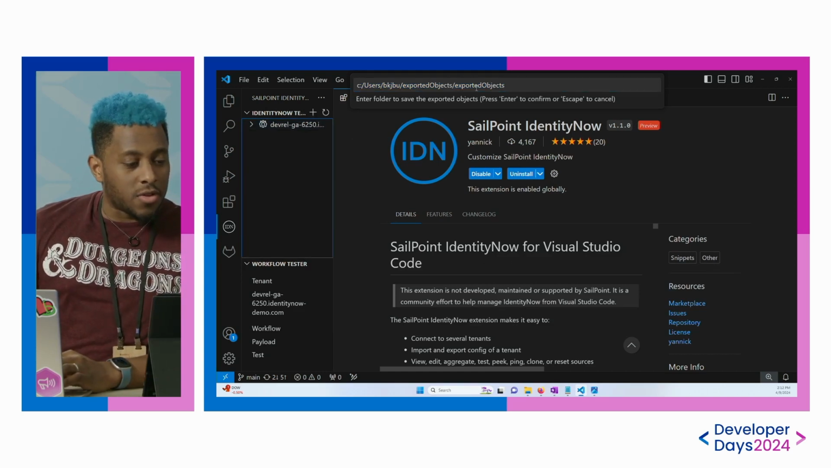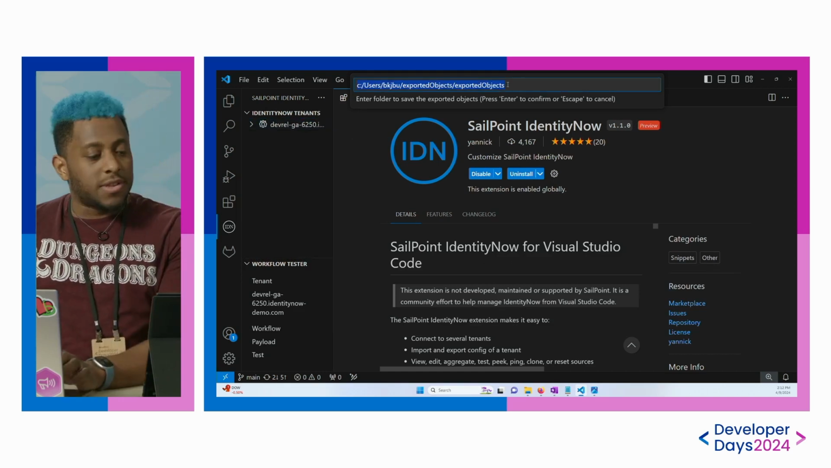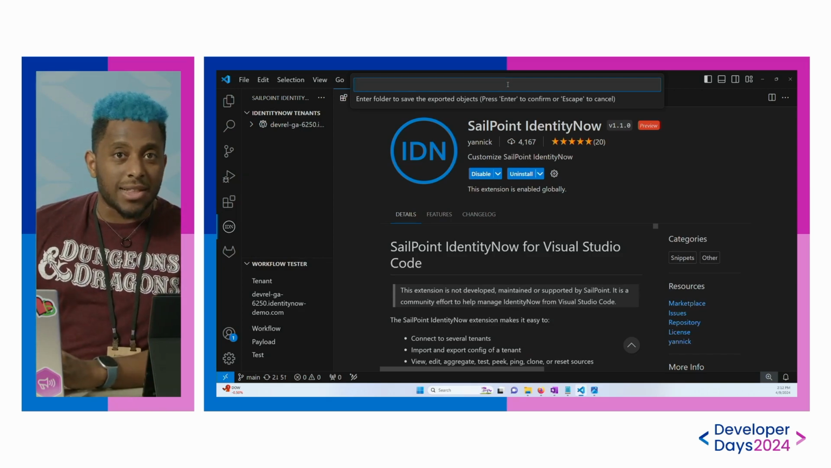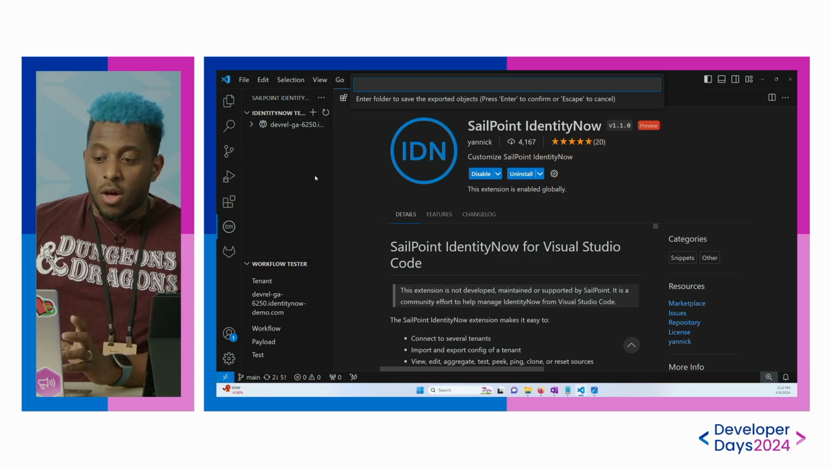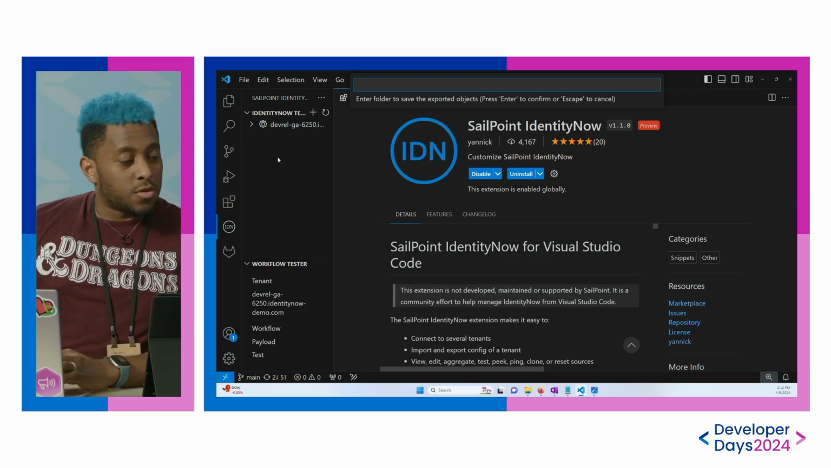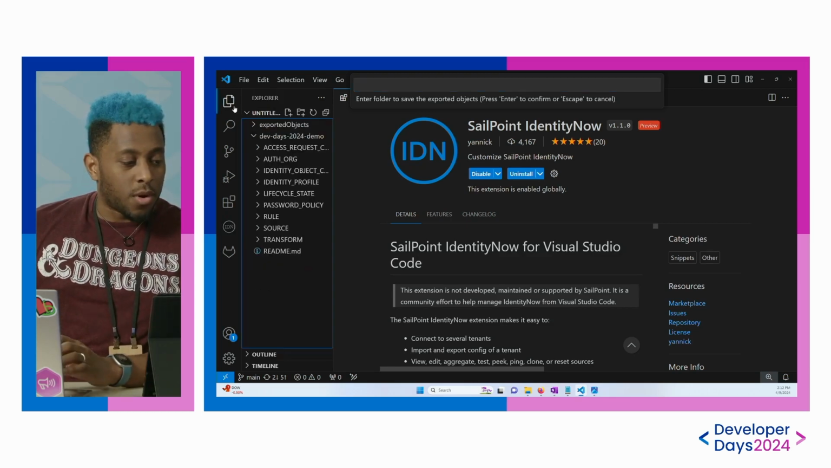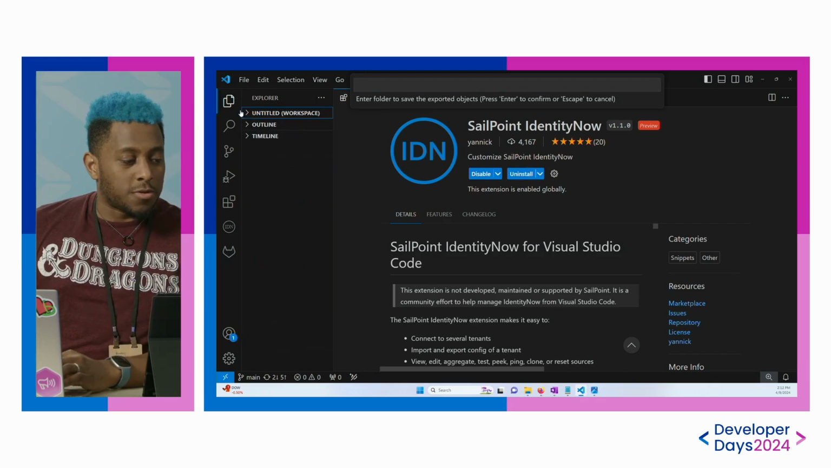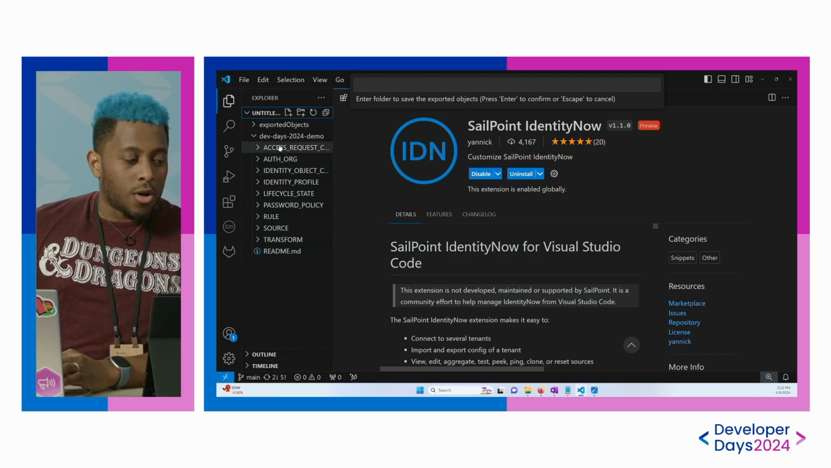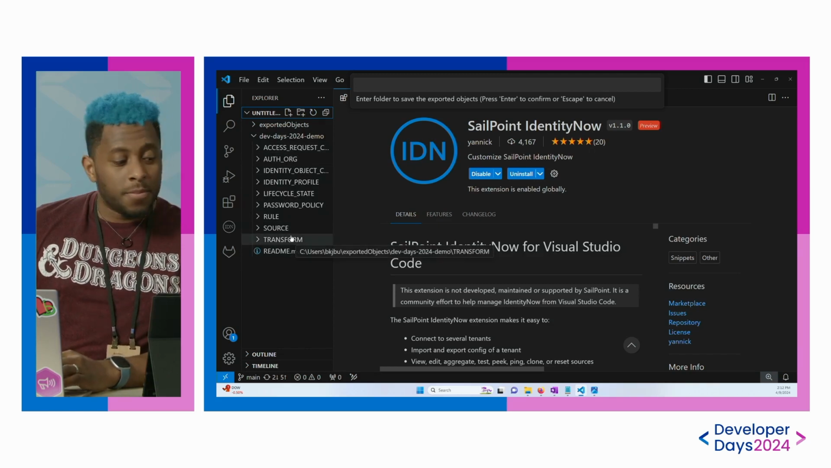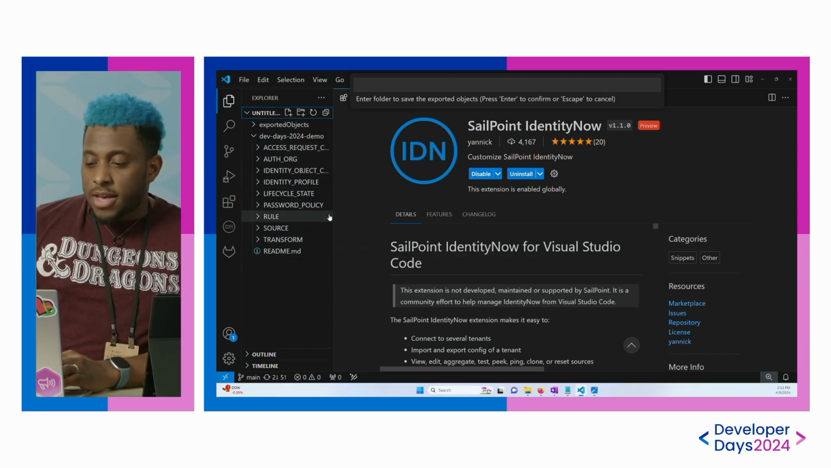And I've already done this, I'm not going to do it again, but you're going to select a folder location that's easy to get to, easy to remember. Once you've done all of that, all of this will show up here underneath Explorer. Explorer is going to be your workspace in VS Code, and this is going to have all of the files that you've exported. So with all those files exported,